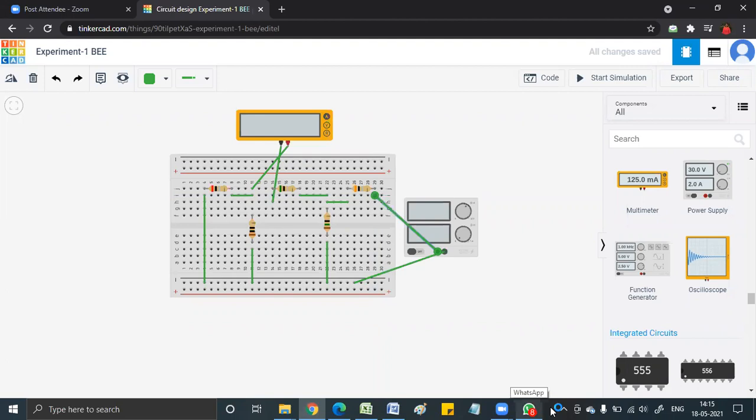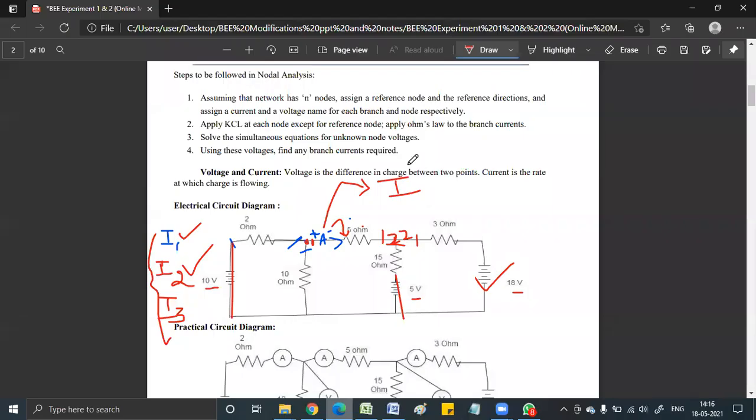Yes, ma'am. Right, that's it, your circuit is ready. See, 10 volt was already shorted, and then you have to start your simulation. So you are getting a current of minus 1.64 ampere. That is your I3. So I3 is minus 1.64 ampere. Now you have to add all the 3 currents, I1, I2, I3. When you add all the 3 currents, you will get the resultant current I. And this resultant current I should match your first experiment answer.